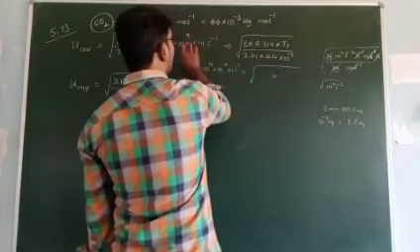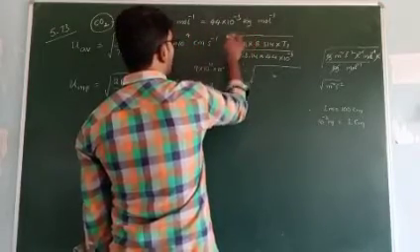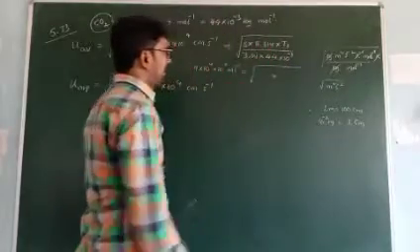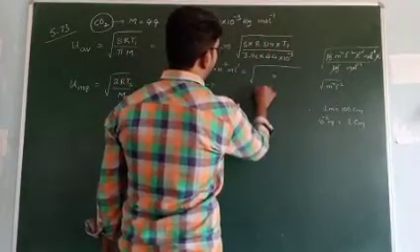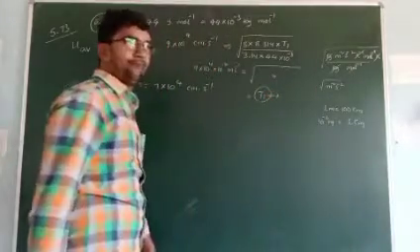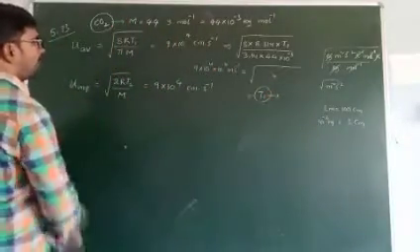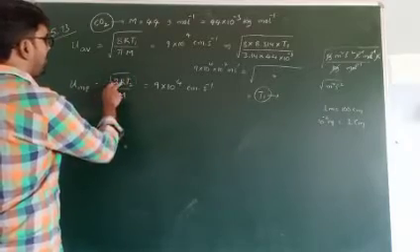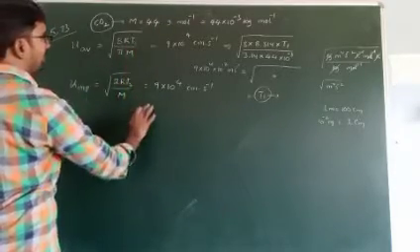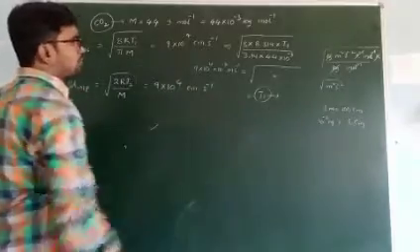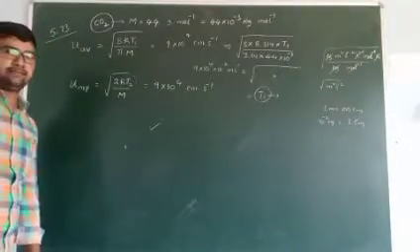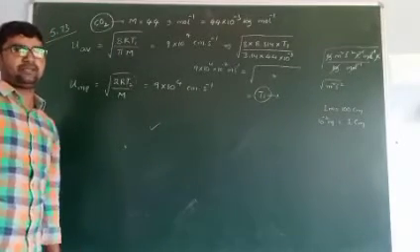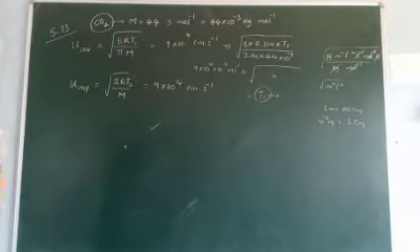Now this square is moved to this side, this root is moved to this side as a square, and do this total one. Then we can calculate T1 here. Do it at home. Similarly, for this problem also, we have to calculate T2. Substitute the Q value, R value, M value is the same, and calculate T2 also. Because so many problems are there, that's why I gave homework for you. Completed.